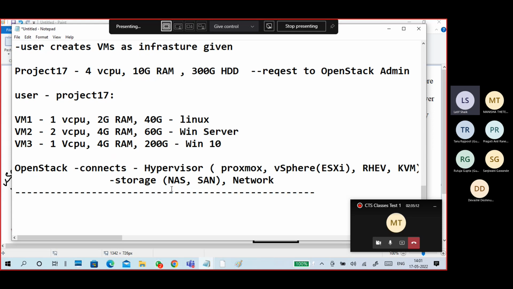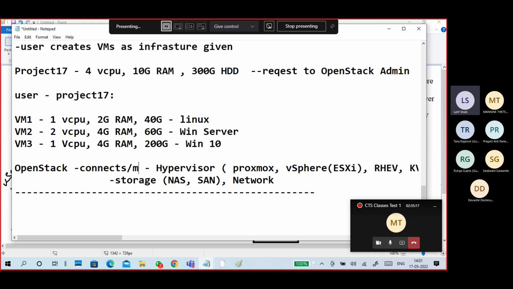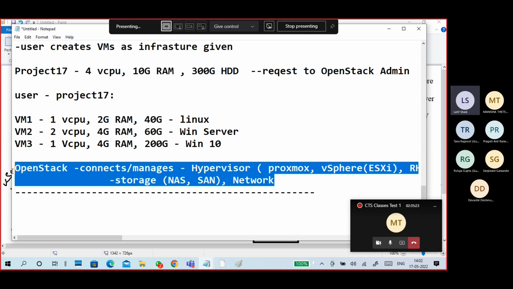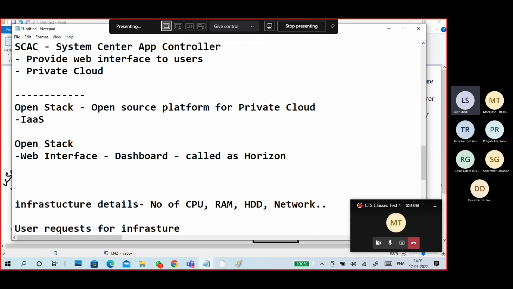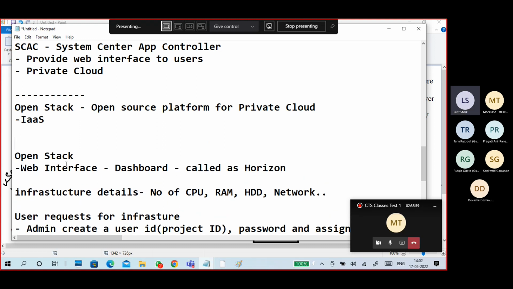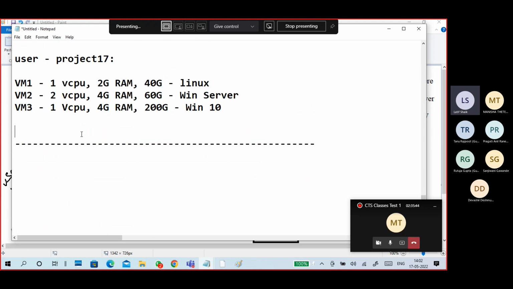Okay, this OpenStack is an open source application that connects or manages hypervisors, storages, network kind of stuff. And there are almost 7 or 8 names there, guys. In OpenStack, like Glance, image, Nova. Okay, names are there. Glance, Nova,